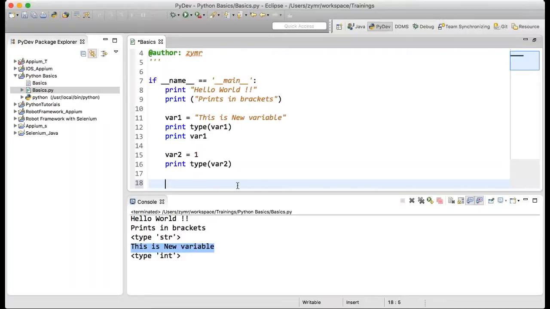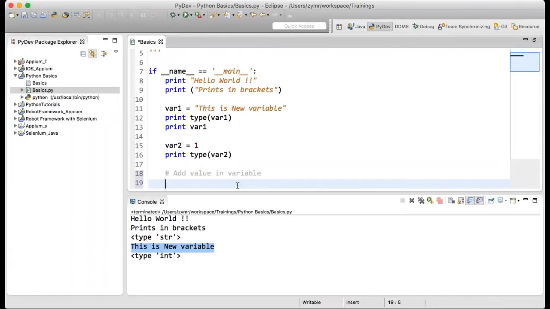For example, if I want to add a value in a variable, I will take another example, say sum value equal to var2 plus 1.